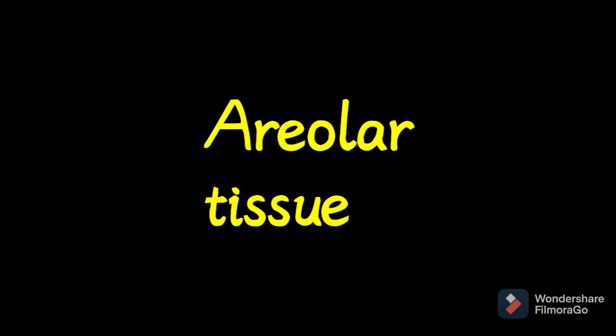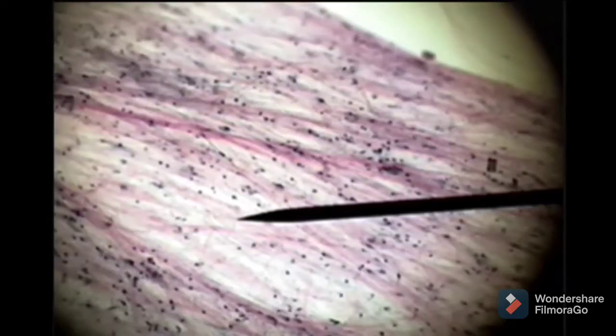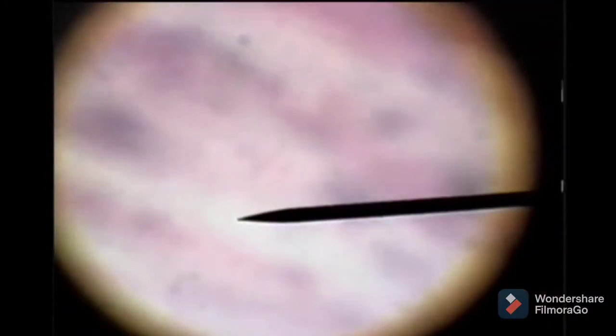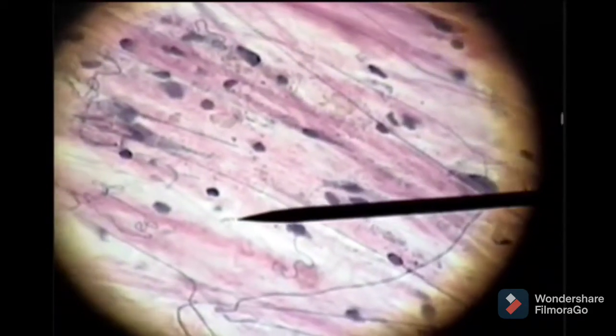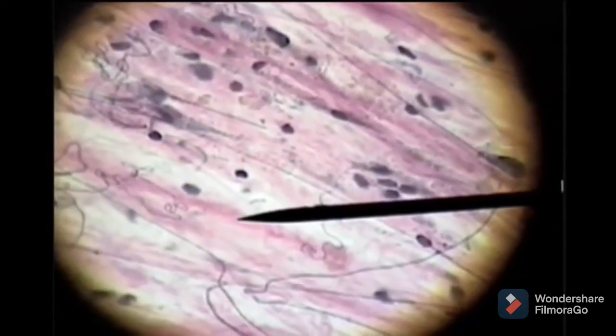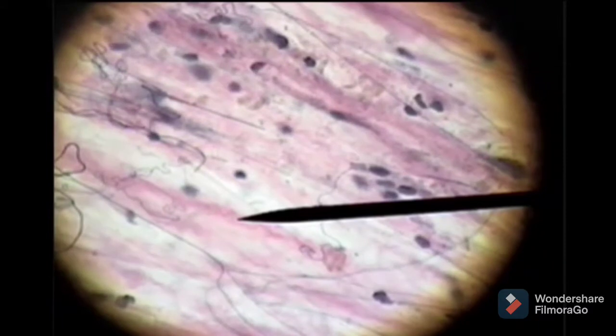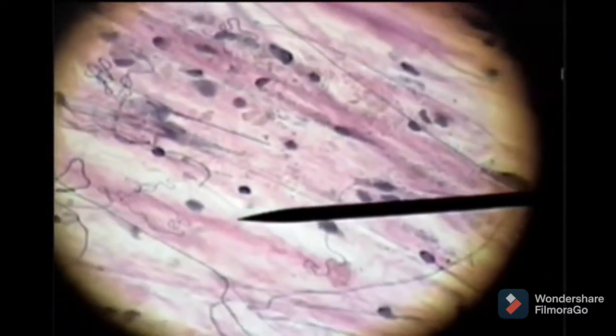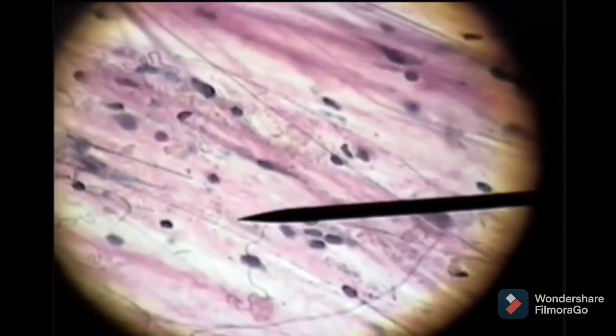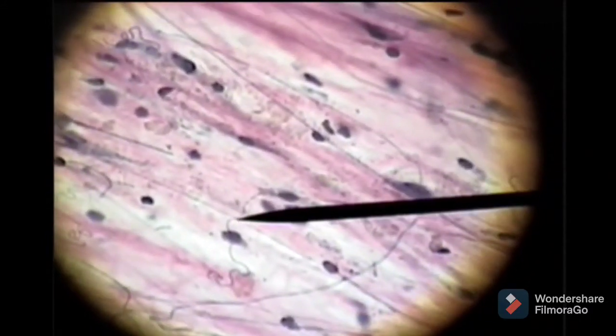Next we have connective tissue. In connective tissue, first of all, we are having areolar tissue. So this is a slide of areolar tissue. So this tissue is also known as packing tissue. It binds the internal organs together. It is keeping those organs at their place. It also binds the skin with the internal structures. So let's see the zoom structure of areolar tissue. You can view the cells and fibers more closely.